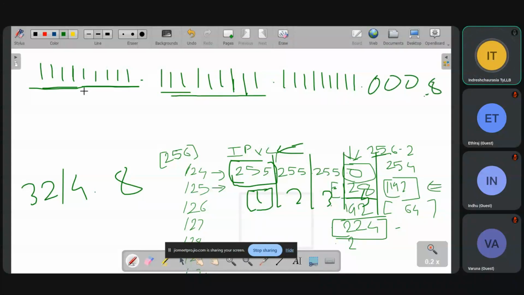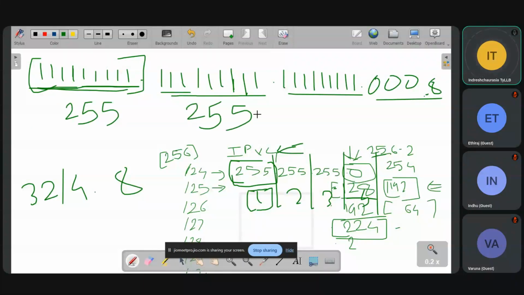Now you convert this computer language into numerical form, and it comes as 255, 255, 255, and now it is 0.